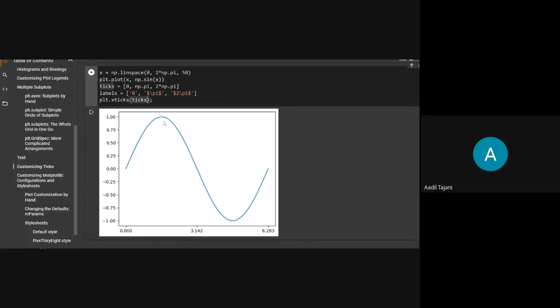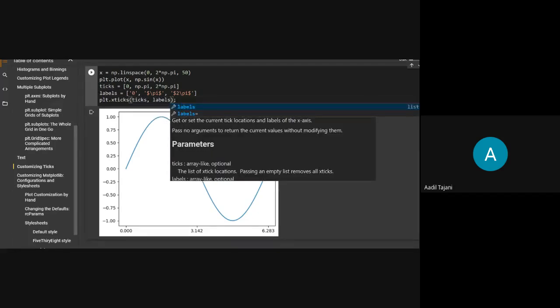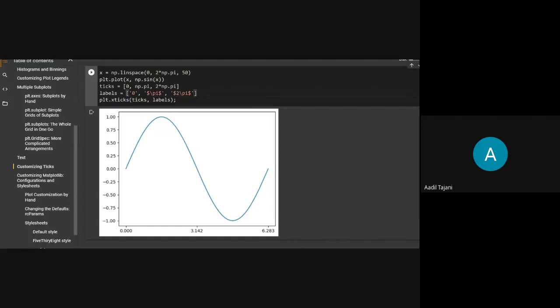We just do here. Okay, I have taken a list. The number of ticks that you represent, that many items you have to create in the list. I have created a list called labels. You can create a list of any name and pass it here. What I'm passing is that at zero value, I want to show zero only. At pi value, I want to show the pi symbol.